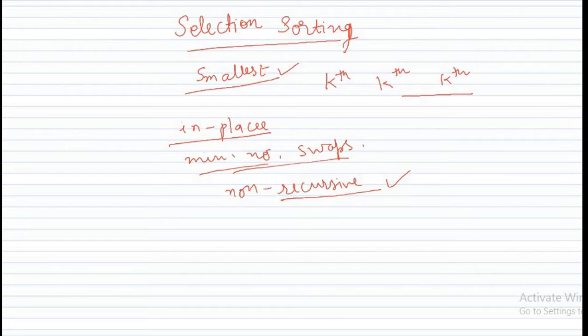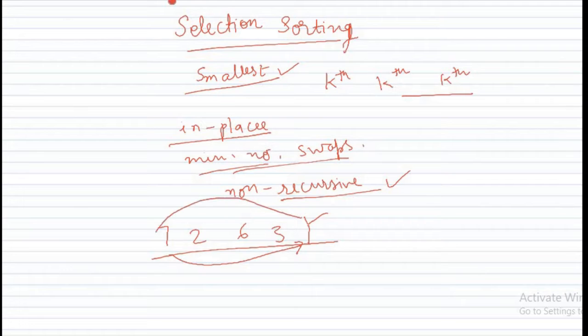So we will see the basic concept. First of all, we take an example. Suppose there are some numbers like 7, 2, 6, 3, 1. In this selection sort, first of all it will find the smallest element of the list. As you can see, the smallest element is 1. So it is going to swap 1 and 7 like this. Now you will have 1, 2, 6, 3 and 7.